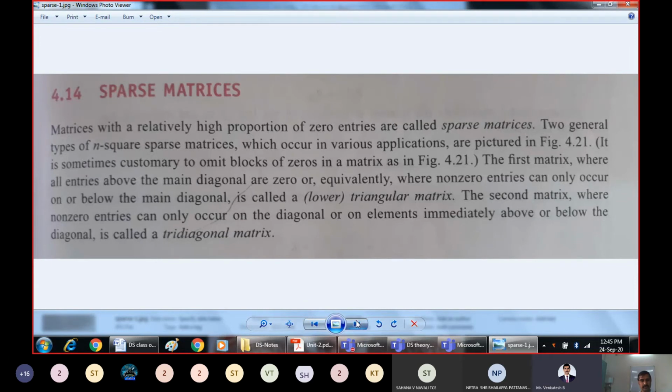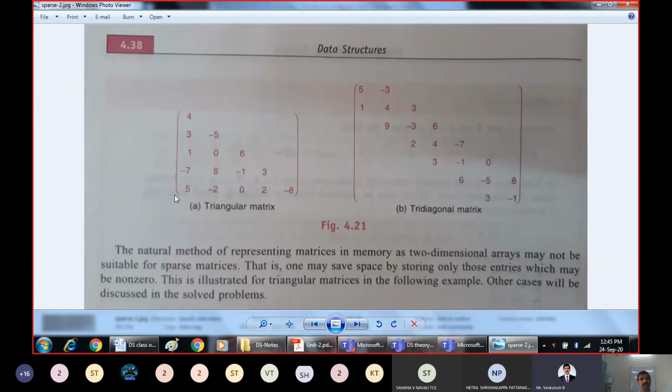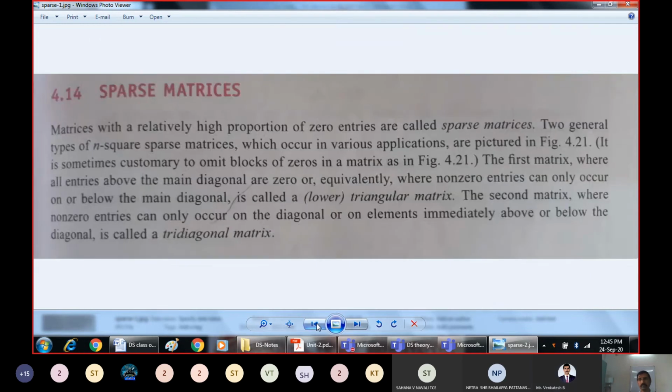If you look at this figure, it will be clear. So this is one triangular matrix. Only on and below the diagonal will there be non-zero elements, and all the elements present here are zeros. All entries above the main diagonal are zeros.